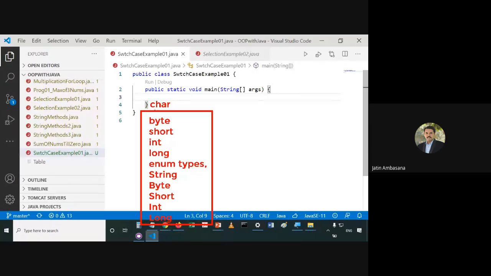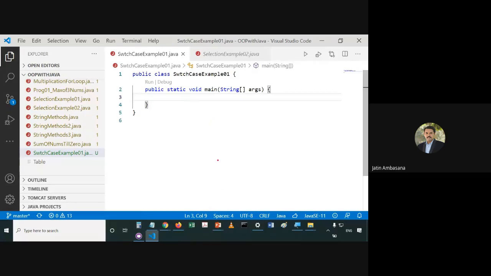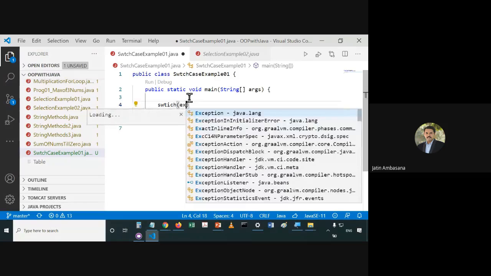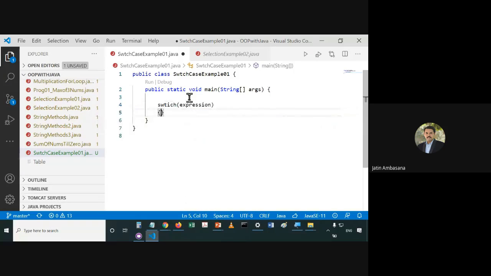Okay, and the value can be any of this data type. So let's begin with how to write a switch case statement. Basically, switch is written like this: switch, and then there comes some expression. Inside switch there is a body, and inside it what happens is basically